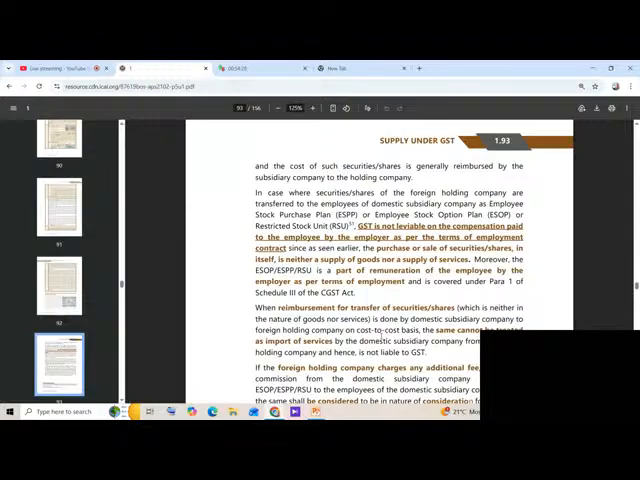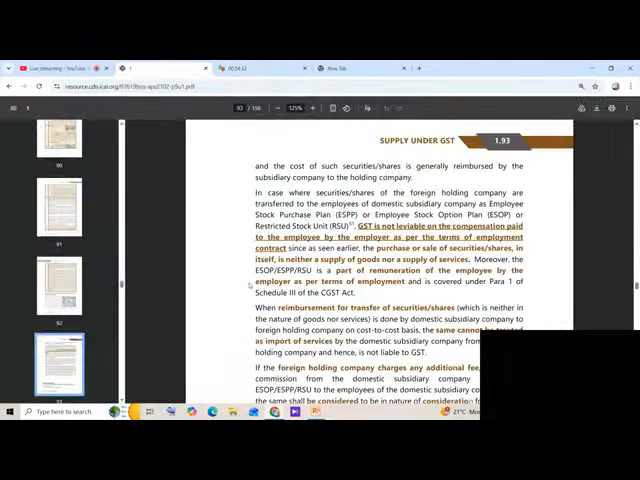In case where security shares of the foreign holding company are transferred to the employees of the domestic subsidiary company as employee stock purchase plan or employee stock option plan or restricted stock unit, GST is not leviable on the compensation paid to the employee by the employer as per the terms of employment contract, since, as seen earlier,